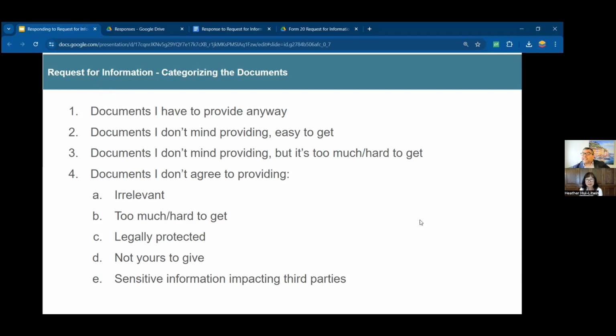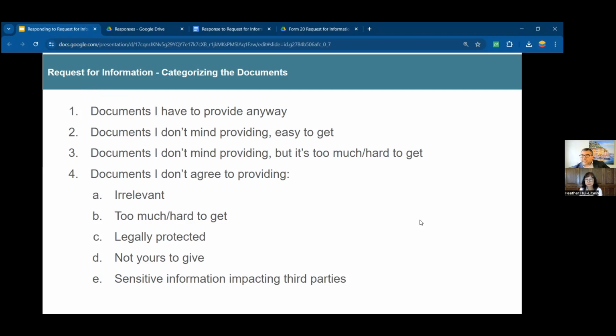When there are legal issues in life, it doesn't have to be family law, but here we are talking about family law. There are some documents that you want to provide because it will tell your side of the story. I'm not even talking about documents that you have to provide, which we're getting to also under this line item. But there are things that you want to provide, and I'll give you a very simple explanation for that.